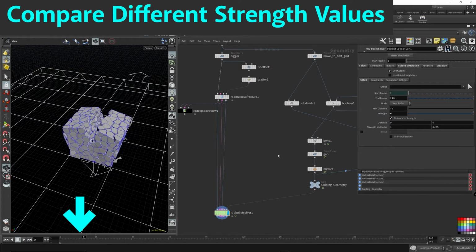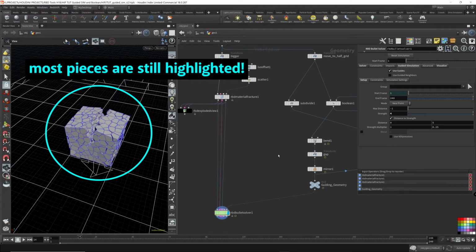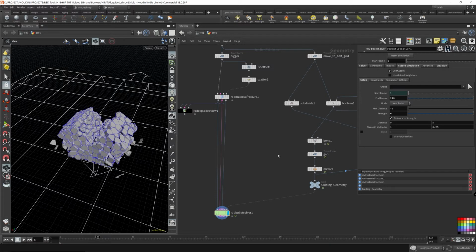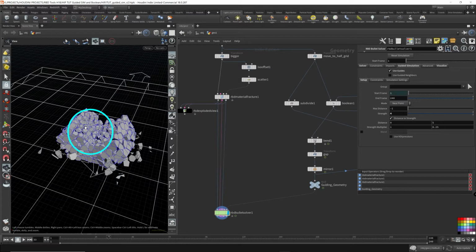Now, we've long passed this. This is frame 14. All the pieces are still being controlled by the guiding simulation, as opposed to what it did before. When the strength was set to 1 on frame 14, we lost a good majority of the pieces already. So this is still being controlled. You might ask, why don't we just pump up the strength of the guiding simulation so we get exactly what we want? Well, if you look at this, focus on this piece right here.